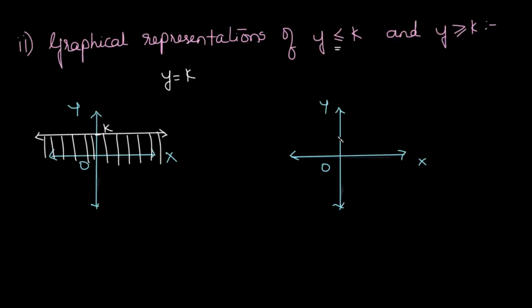Similarly, by now you would have guessed how to draw y greater than or equal to k. Yes, we first draw a line which has the equation y is equal to k. And then we take all the points, the region which is present above y is equal to k, which is included in y greater than or equal to k. This particular region is our feasible region in the second case. Again, it includes the line y is equal to k as well. So we draw a solid line in this case.